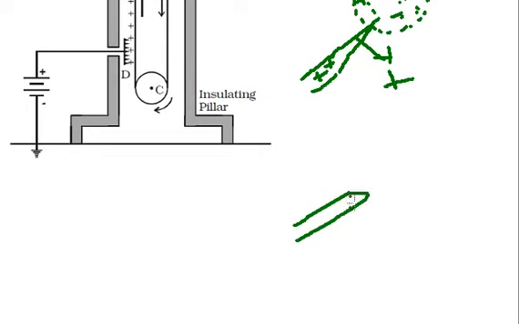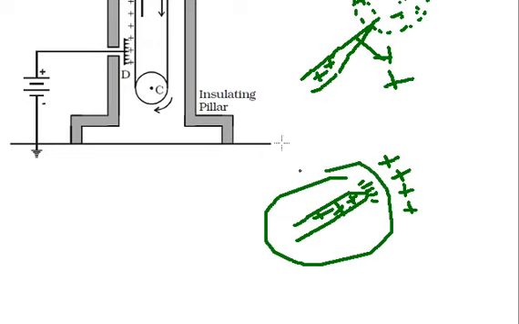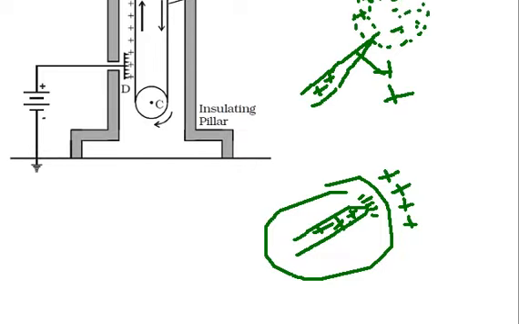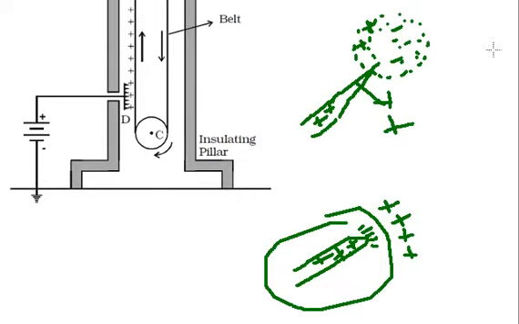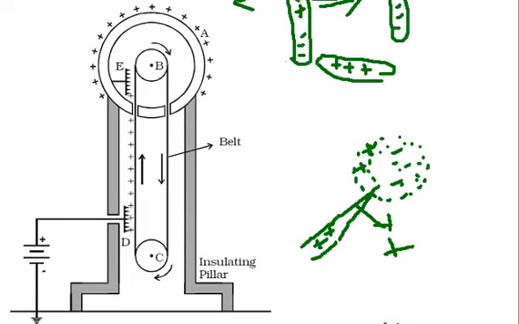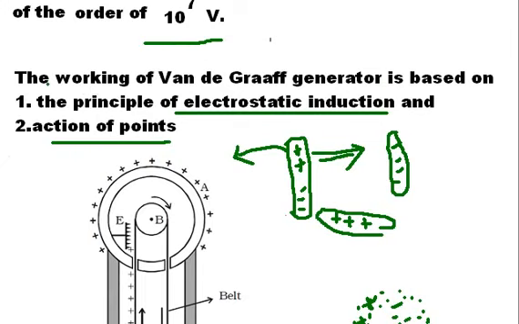So this point is having positive charges, so it will attract all the negative charges towards itself, and it will push away all the positive charge away from it. In this way, the charge already present in this sharp pointed material is decreasing. So the charge is leaking from the sharp pointed edge. These are the two principles which we will be discussing in the working principle of the Van de Graaff generator. I explained the electrostatic induction and the action of point just for understanding. So right now let us concentrate on the working principle of the Van de Graaff generator.